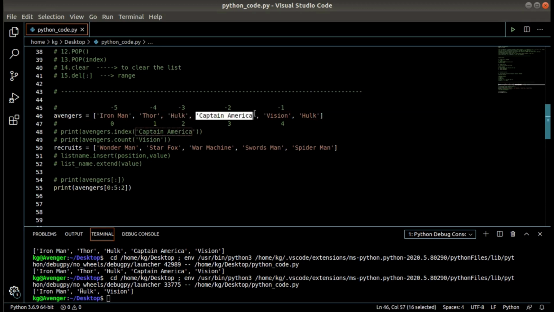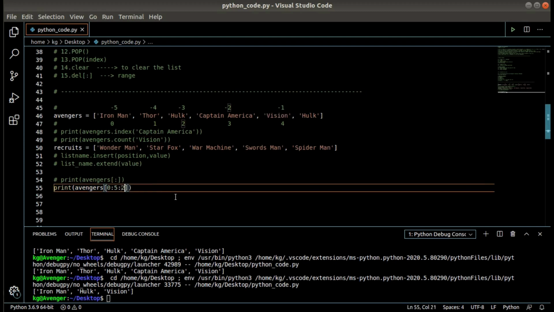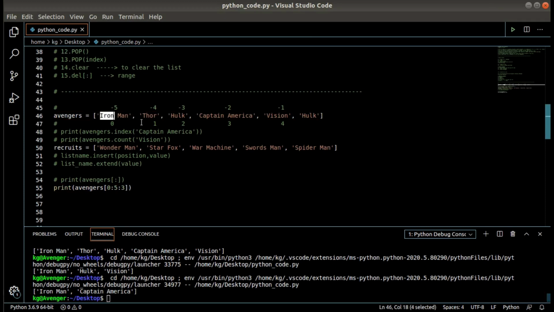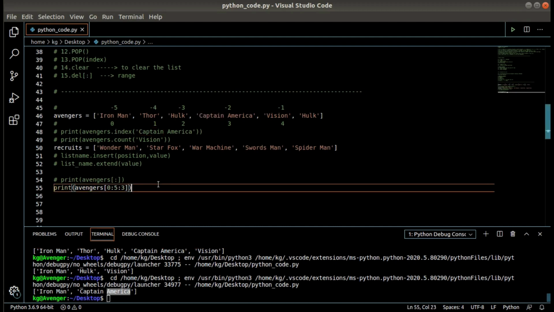This is ignored, this has been accepted. So steps of 2. So if I write steps of 3, you can see Iron Man and Captain America, that is Iron Man first, second, third, Captain America has been taken over here.